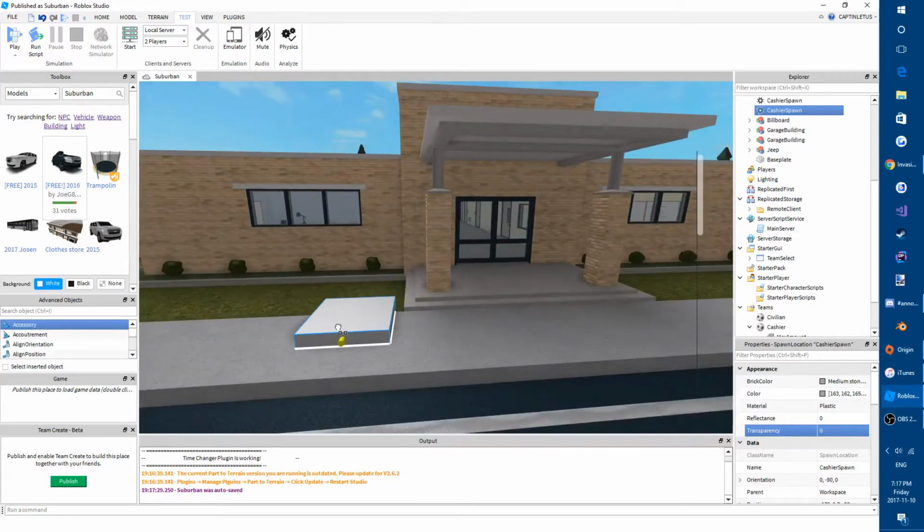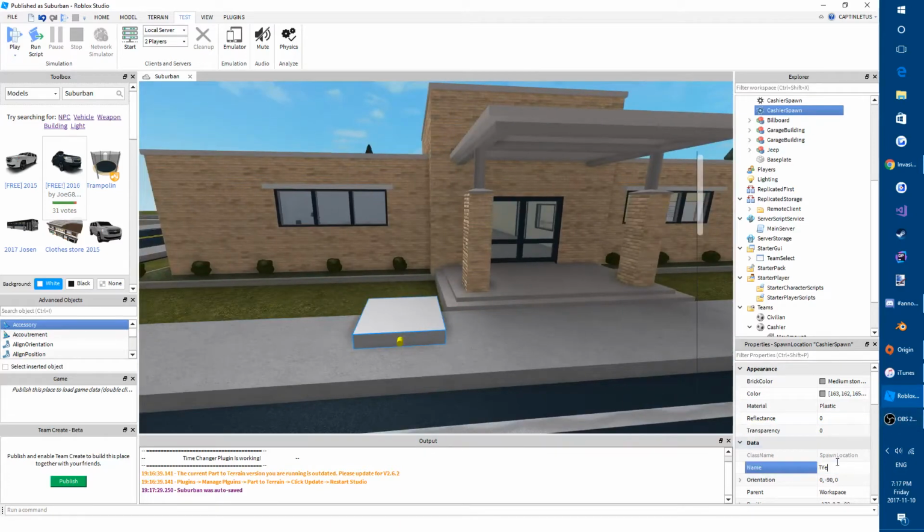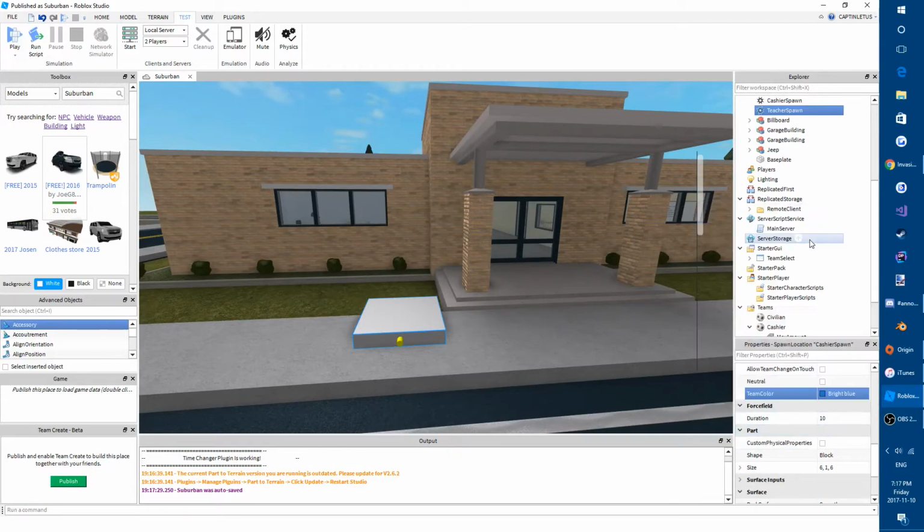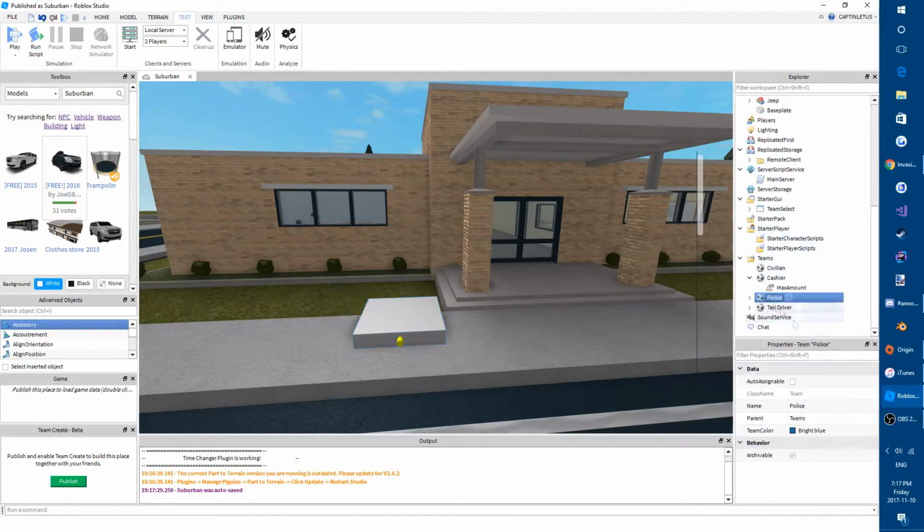Let's do maybe a teacher job. So we're going to name this teacher spawn, and I think a good color for the teacher would be kind of like a bright blue color. Oh, that's perfect. The police team was already that color. Oops. So we're going to name this teacher,